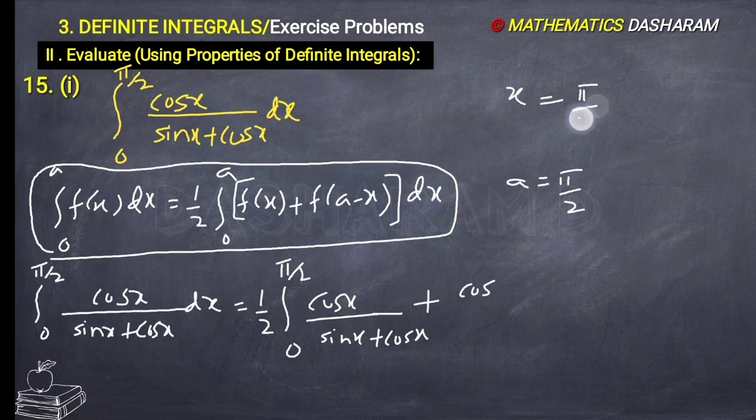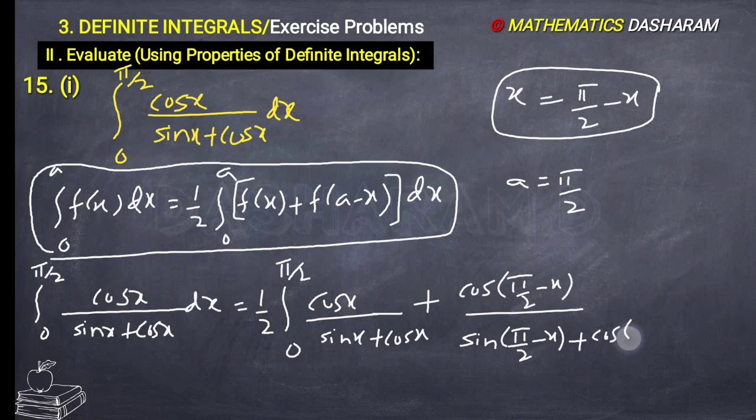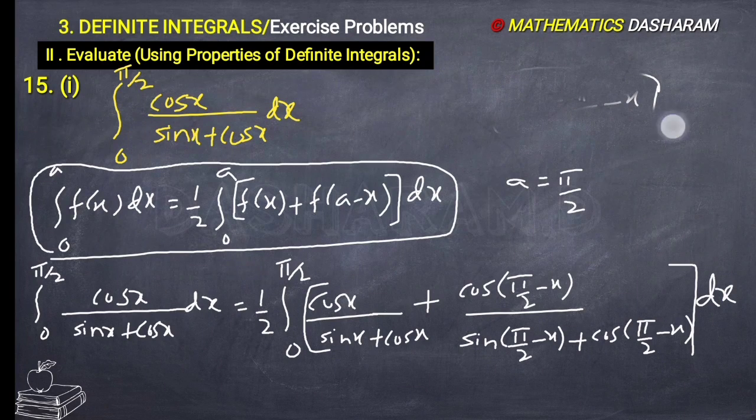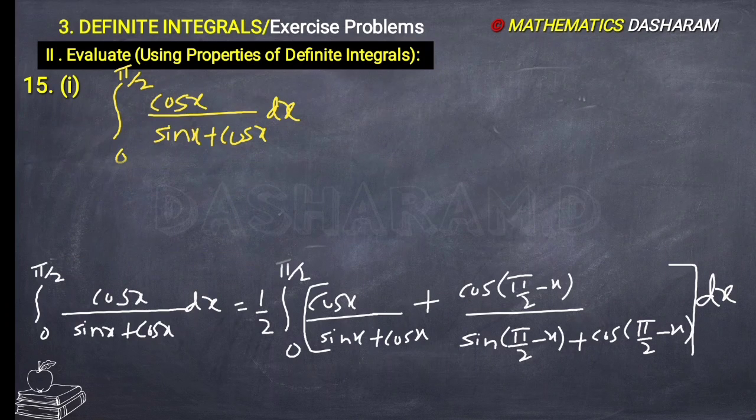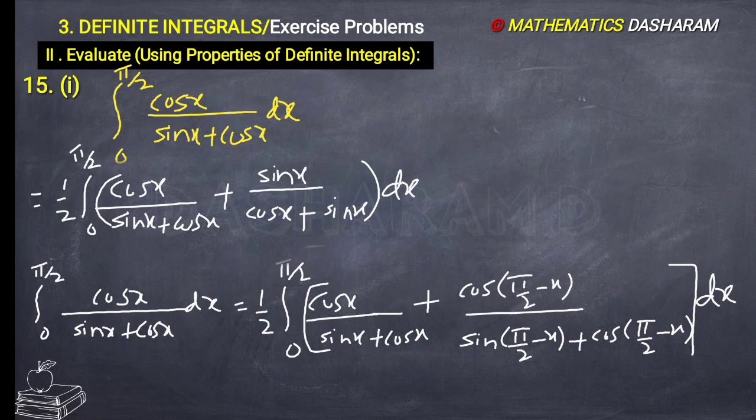x equals to pi by 2 minus x, so cos pi by 2 minus x divided by sin pi by 2 minus x plus cos pi by 2 minus x whole dx, then it is equals to 1 by 2 integral 0 to pi by 2 cos x divided by sin x plus cos x plus cos pi by 2 minus x, that is sin x, next to sin pi by 2 minus x, that is cos x, cos pi by 2 minus x, sin x whole dx, then it is equals to